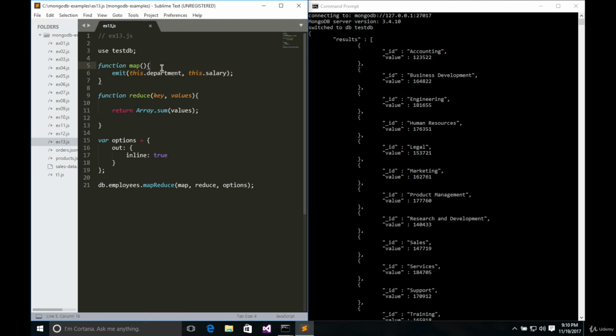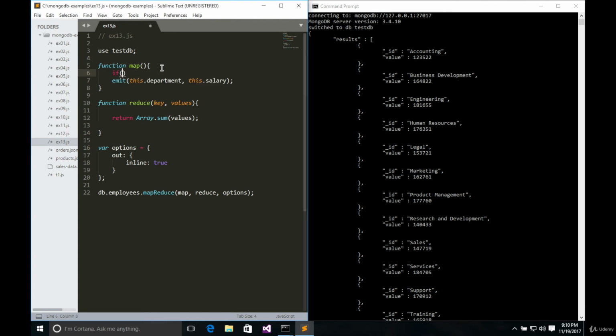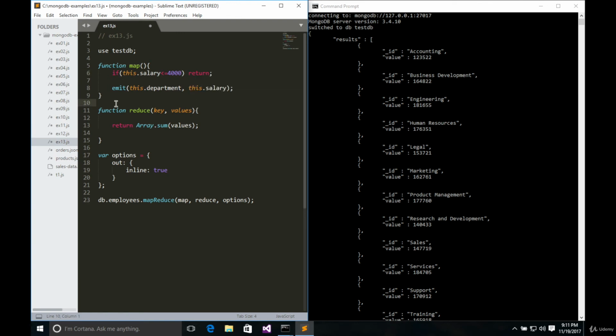For example, if I don't want to include the salaries less than or equal to 4,000, I can do so by simply adding a condition: if this salary is less than or equal to 4,000, return, which means out of n number of documents in the employees collection, certain of them are ignored based on this condition. So now if I save and access the result once more,